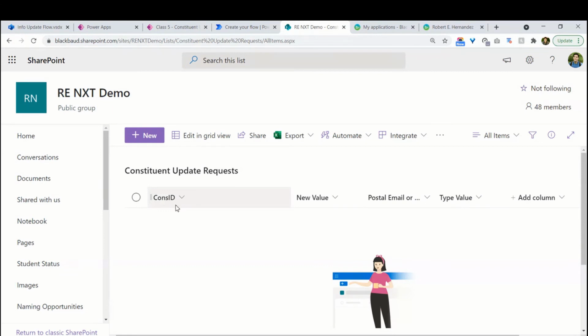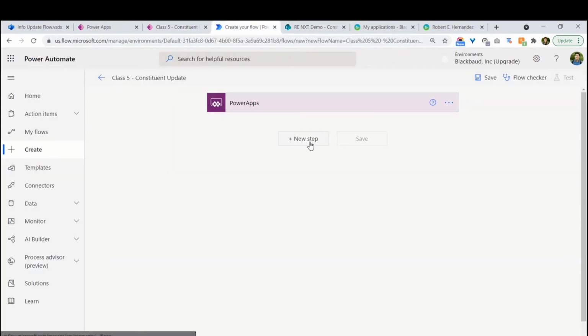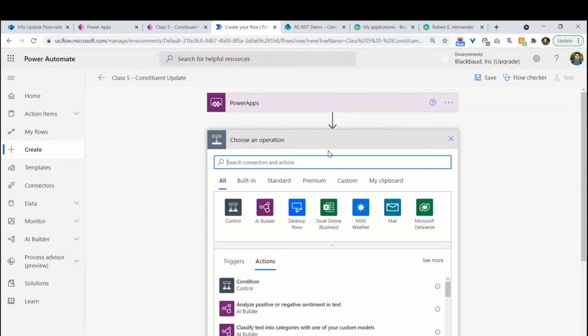Again, you don't have to do it this way. You can do it through Excel files if that's easier for you. But if you've got access to SharePoint, using SharePoint lists is a really super simple way to create a separate data store. So the only thing I'm going to do with this flow is I am going to